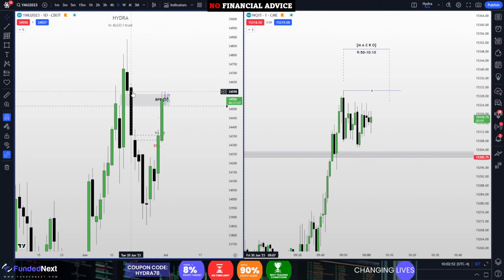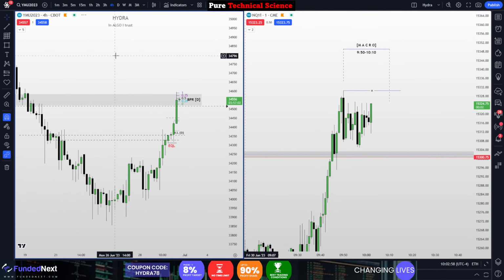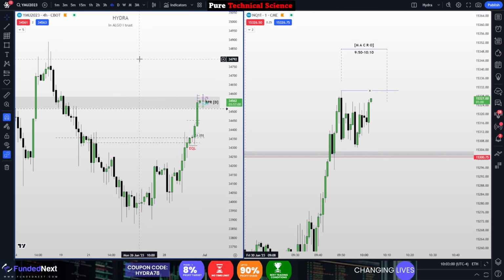Then from my point of view, it should stop here. And other than this daily BPR, I don't basically see anything else other than this swing high here on Dow that is resting at like